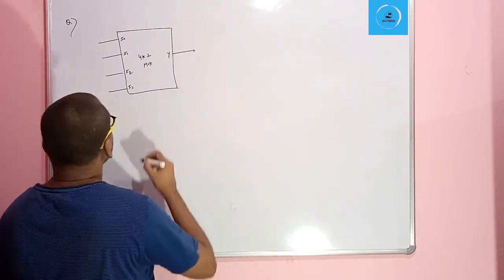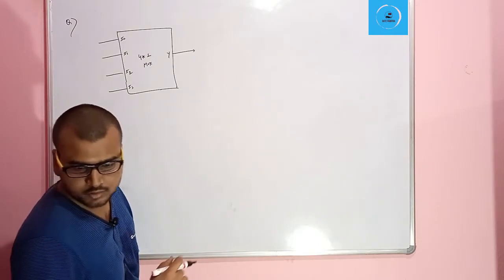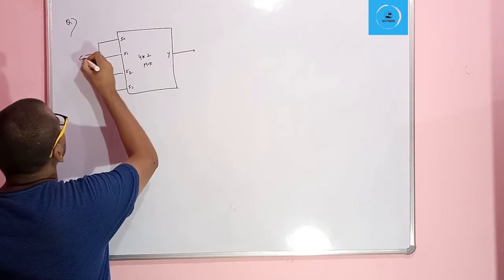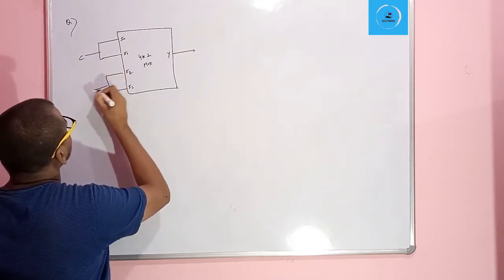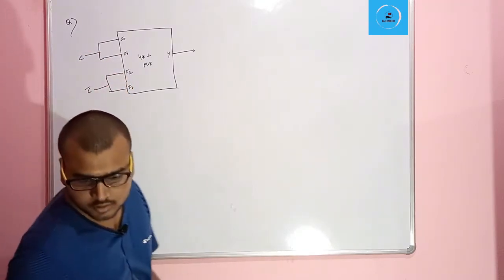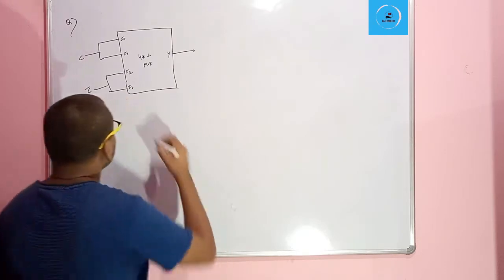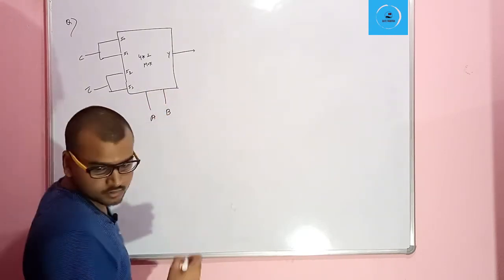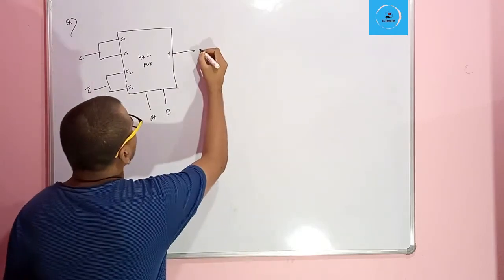Now it's given that the inputs are connected to C, and this is connected to C bar. Okay, and here it's given the two select lines A and B. Then we have to find